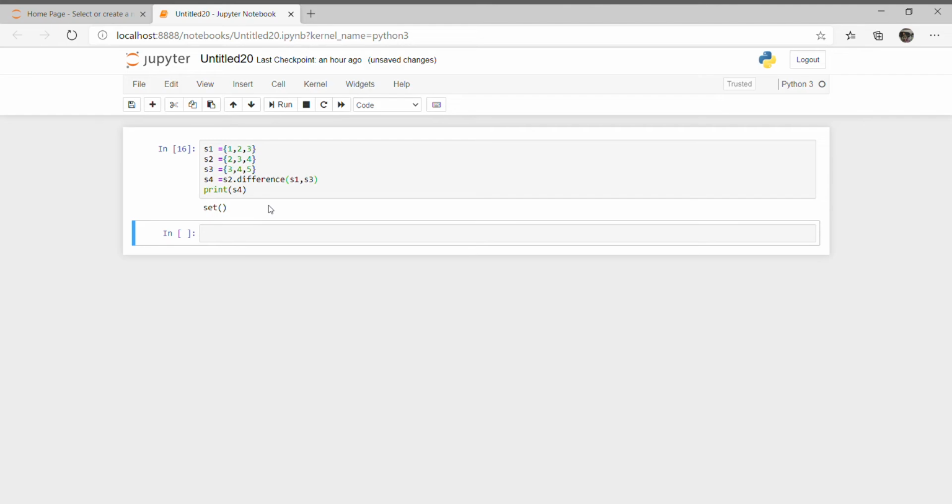Okay. Now I want to change it and get the values in S3 that are different from S1 and S2. So just run this. Okay, you can see that 5 is a value that is present in S3, but it's not in S1 and S2. So this is all about the difference